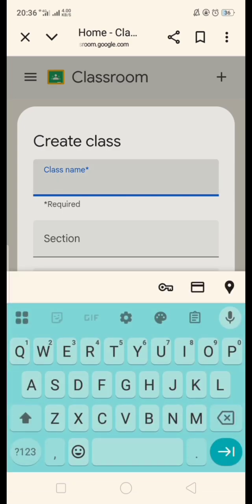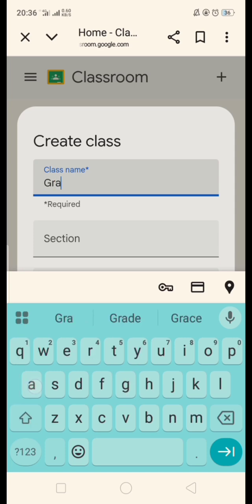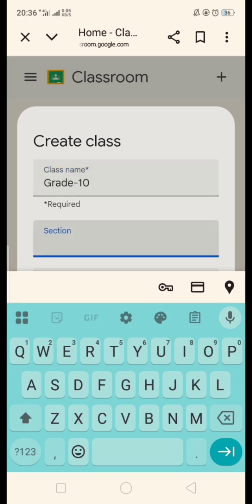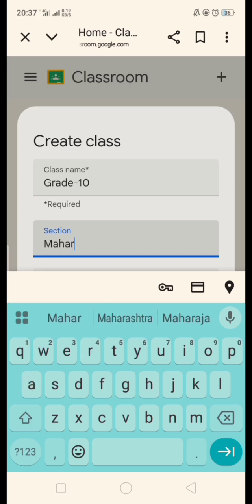So here we are in create a class. The number one required here when creating a class is just to put a class name. So for example, I'm going to put here, grade 10. First section, I will put here, for example, Maharlika.